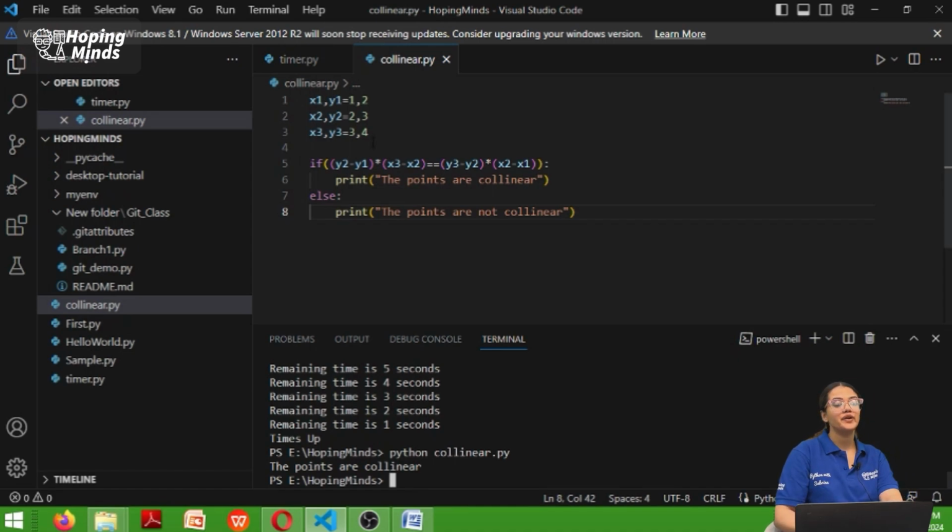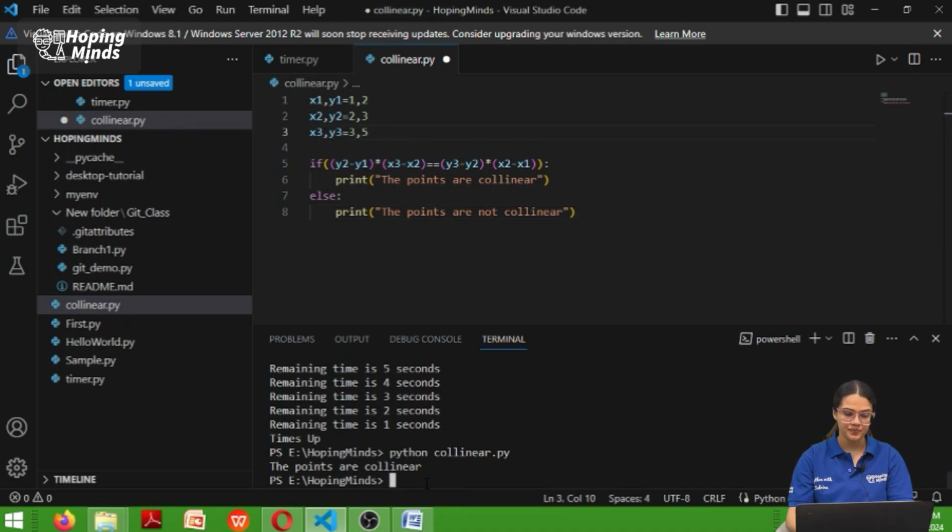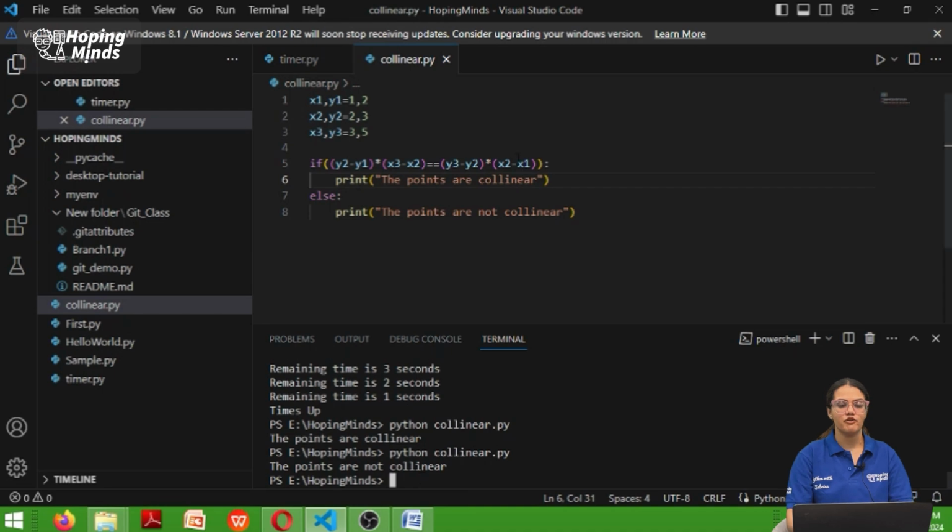If you try to draw these points on the graph, you will see that these points lie on the same straight line. Okay, and also let's see if I try to change one point. If I put this as 5 and I save it, are these points collinear? No, these points are not collinear, because this formula does not hold true for these points. All right, I hope this is